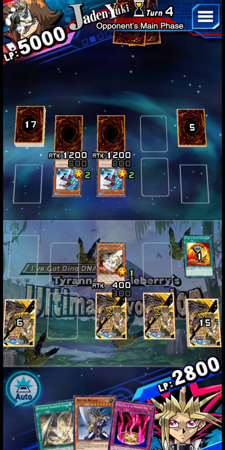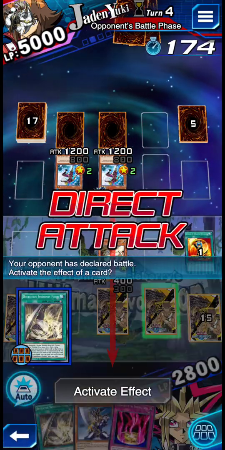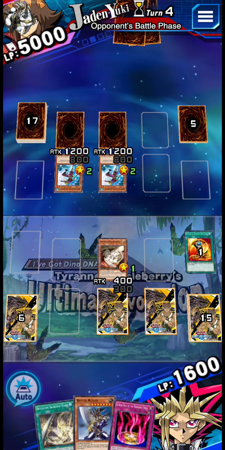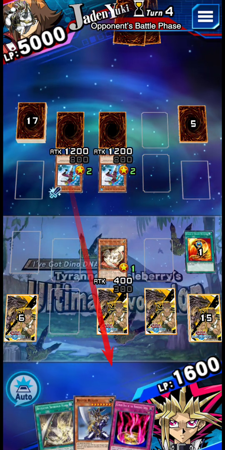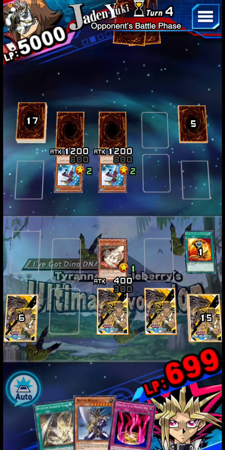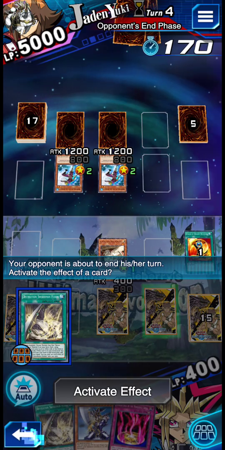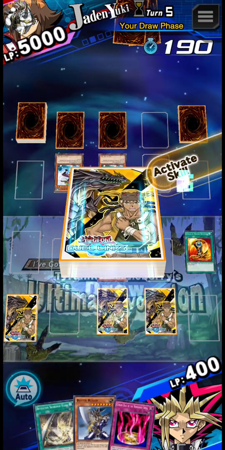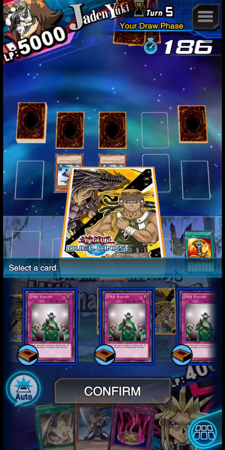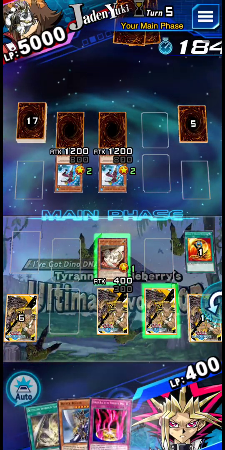So we want to negate any kind of attack boost type of deal. Okay, that's fine. That's perfectly fine. And hopefully he doesn't have any kind of damage step thing. But I think we can still seal it. Sure. Alright. Then we'll just do that. We're going to Destiny Draw for DNA Surgery here. There we go. And then hopefully he doesn't have like a...